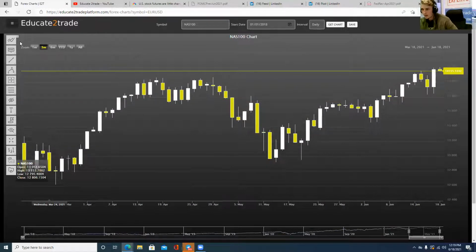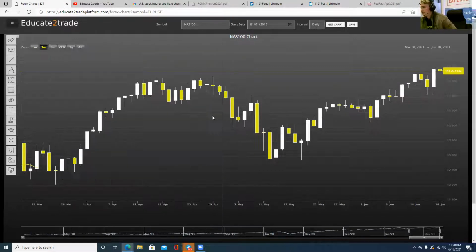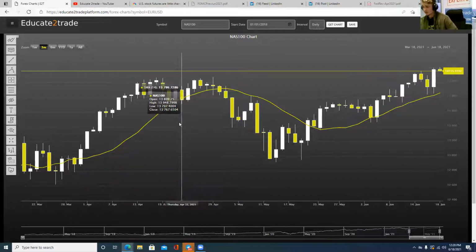I'll go on to the simple moving average. That essentially shows the average of the periods you've specified. So here we've got 3 months. And similar sort of thing, it shows when the simple moving